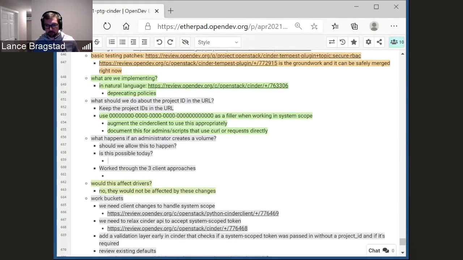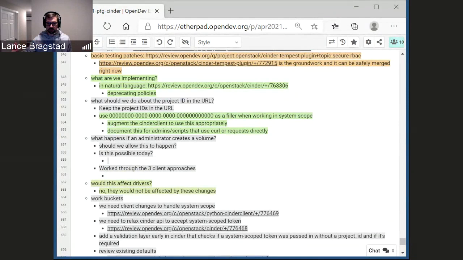Okay, so correct me if I'm wrong, but I'm trying to put this into work buckets, and it sounds like we're going to need client changes, right? We'll have to make it so that the Cinder client understands system scope and populates this zero UUID otherwise, right? That gets the request into Cinder's API. Right. That can be worked on in parallel with the KSM changes and the Keystone auth changes.